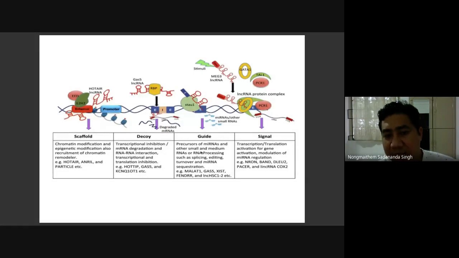That's one. And then the fourth thing is that it mimics or sequesters the factors. For example, the microRNA targets can be protected when some of the long non-coding RNAs are transcribed in such a way that these long non-coding RNAs have target sites. So it sequesters the factors, or microRNAs, away from the real regulatory genes that they are supposed to target.